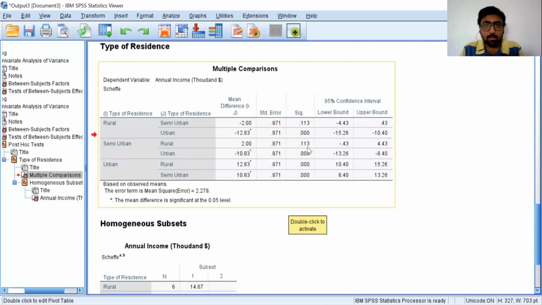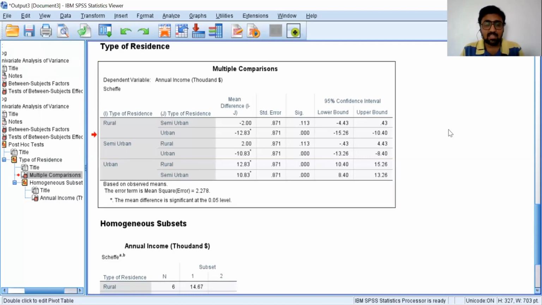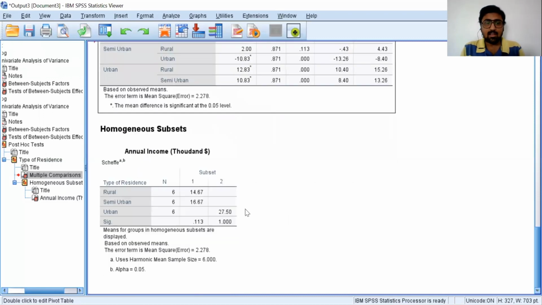So from this multiple comparisons table, we can say that the annual income of rural and semi-urban is the same, and the annual income of urban is significantly different from rural and semi-urban, which can be seen in this homogeneous subsets table.